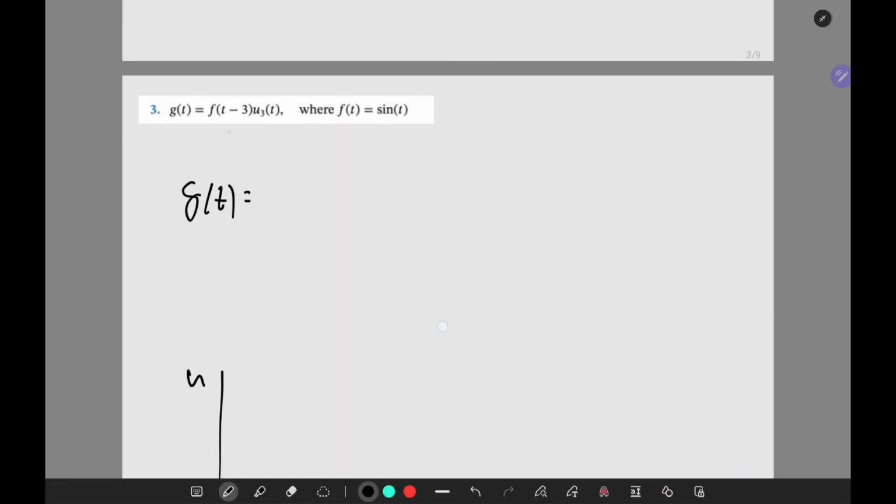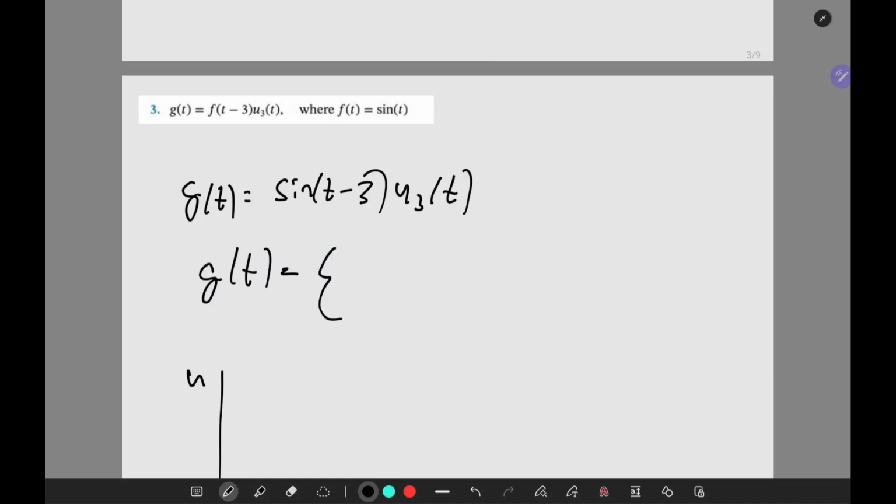Number 3. Same thing. This is our t. We plug that in for t over here. So this is sine of t minus 3 times u sub 3 of t. We write it like this now. Once again, start at 0. We go up by sine of t minus 3